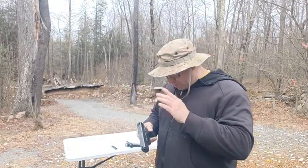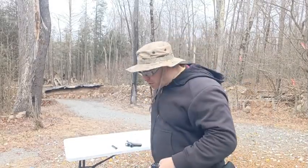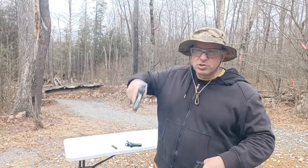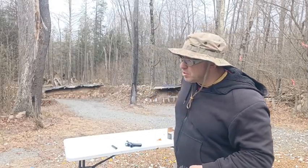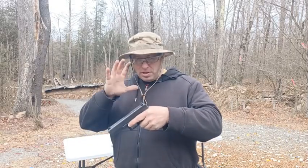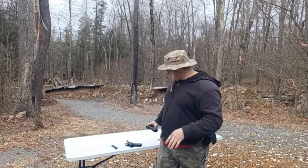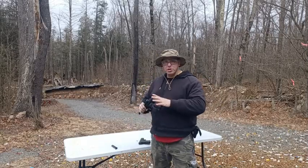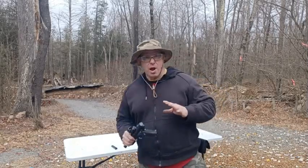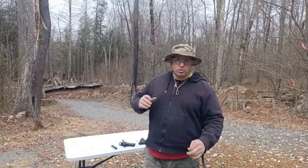Okay, so I pulled out this Glock, all factory Glock. I didn't want to use one of my builds, because you might say, hey, well, the guns that you build are shit. Okay, we're gonna talk about this Glock 17 and why the 22 is a lot more accurate out of the pistol. Because when I shoot it out of a rifle, usually a 22 rifle,